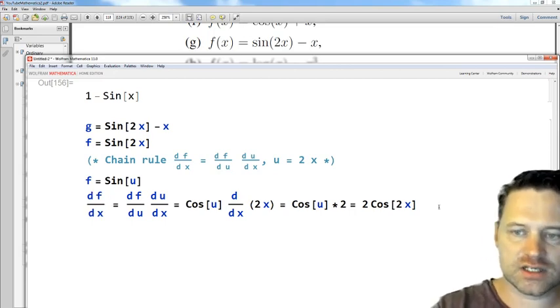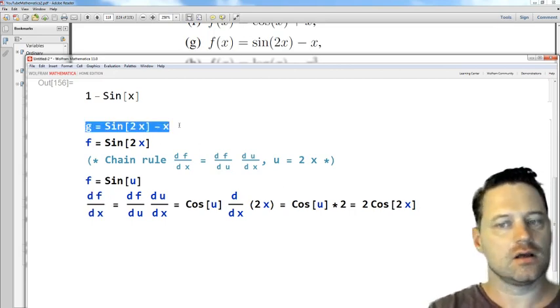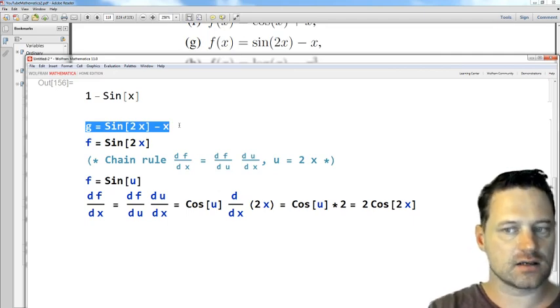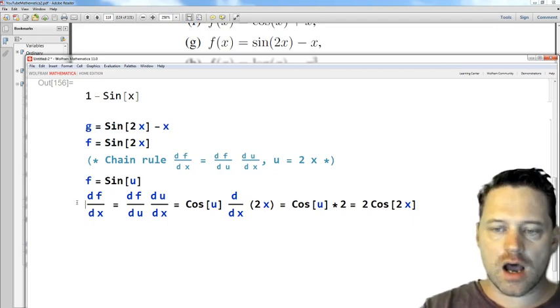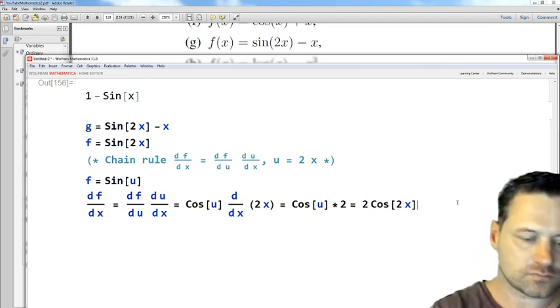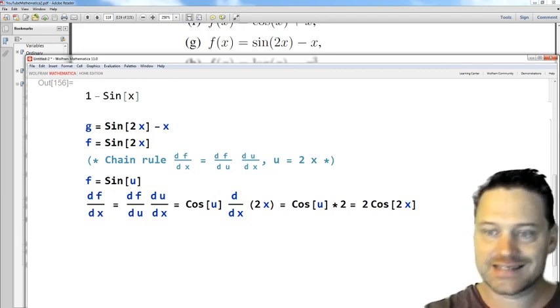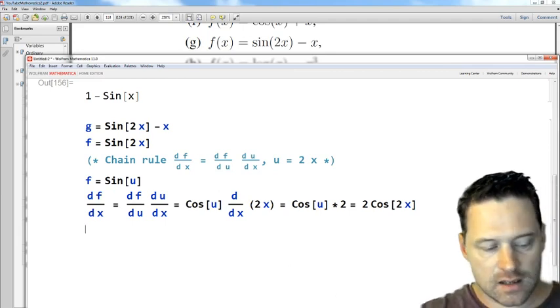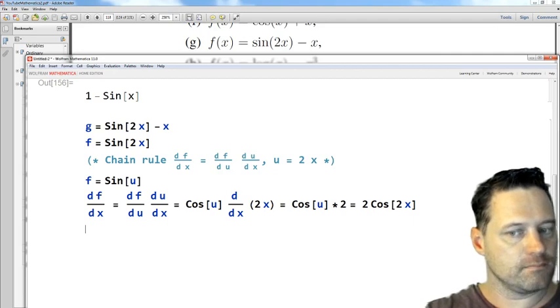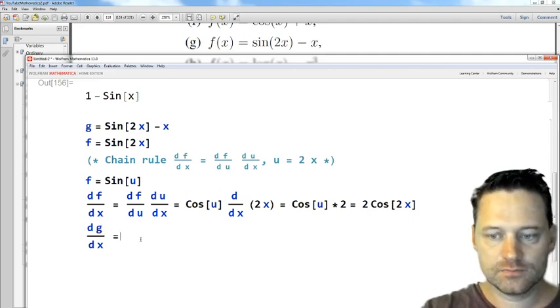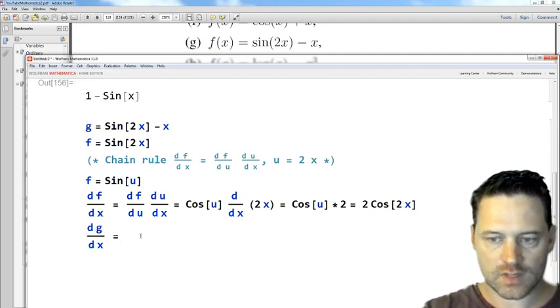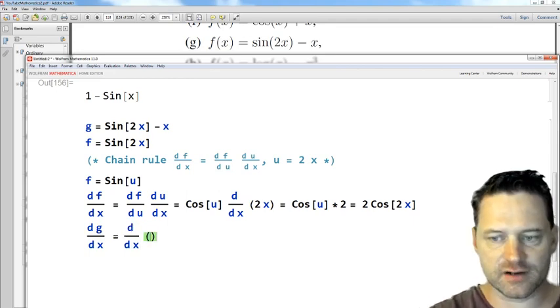Now, we wanted to differentiate this function g, which is sine of 2x minus another x. So now let's write. Now all of this, I'm not intending to execute this in Mathematica, I'm just writing this to imitate how you would do this by hand. Now dg on dx is the derivative, so I'll write that this way. So differentiate